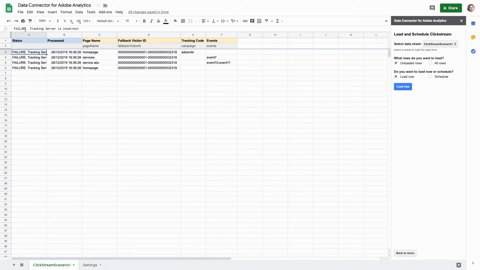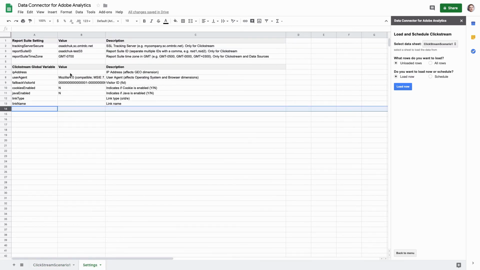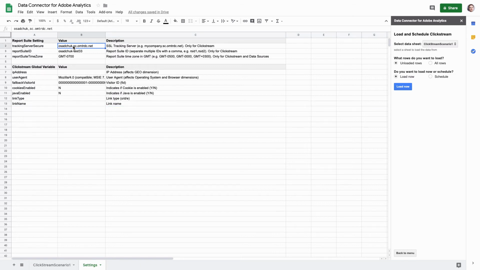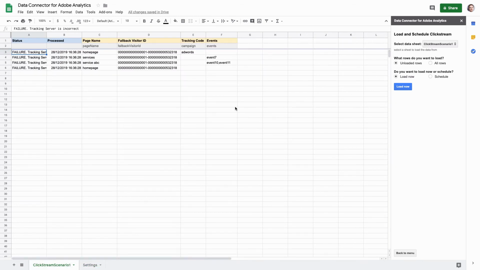The issues may be different, but if you see failure, then read exactly what is written here and you will understand the problem. If you go back to the settings, we will see that I made a mistake. Instead of the dot character, I entered a comma character. Obviously, this server is not available. So I just need to fix it. Now it should work. And we will try again to load the data. So if I now click Load Now,